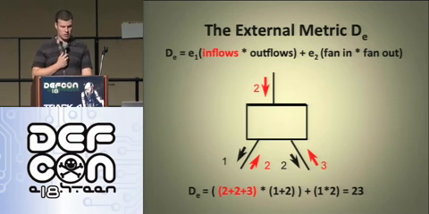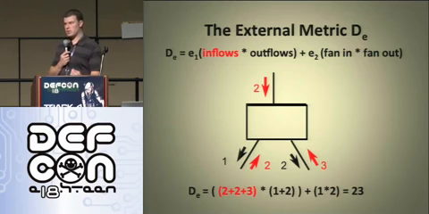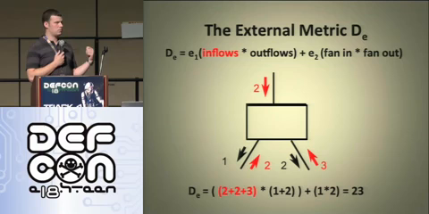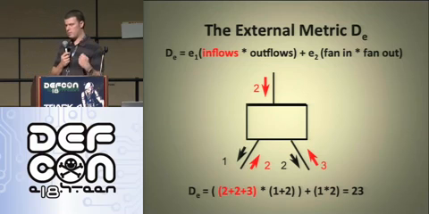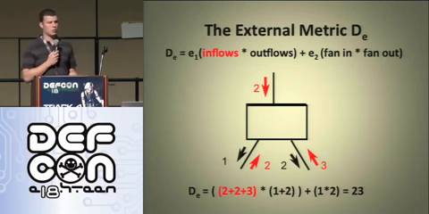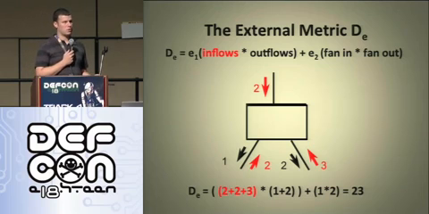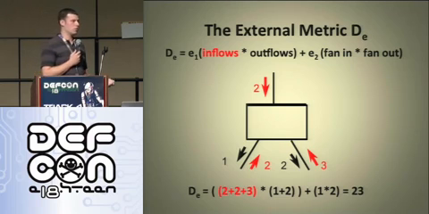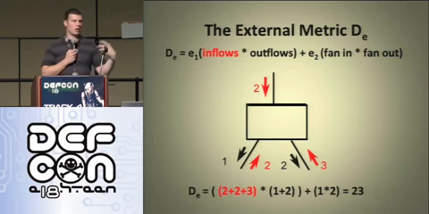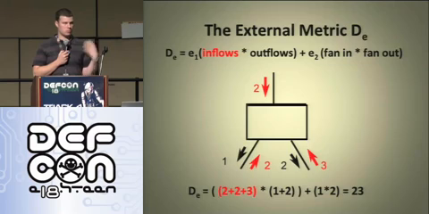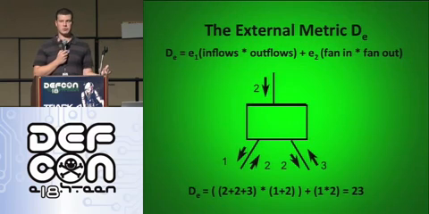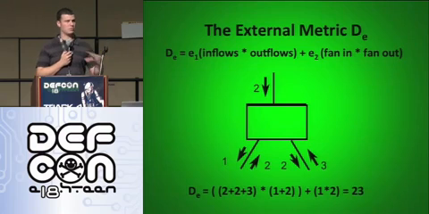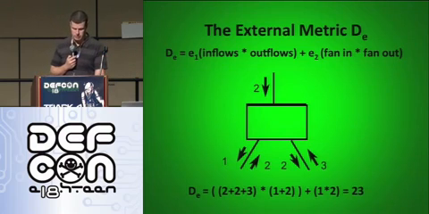Fan in is going to be the modules that actually use the module of focus. By module of focus, it's the module you're trying to run primitives on. And I should define what I mean by module: any addressable, callable piece of code. Since on these reliability metrics it's not limited to C or Java or Ada or Perl or any other language, and the languages are so different, we just say a module is a callable piece of code. So anytime I say module in this talk, that's what I'm referring to.